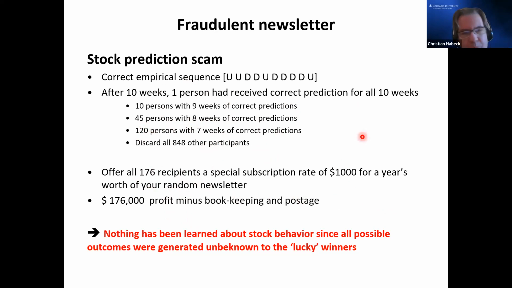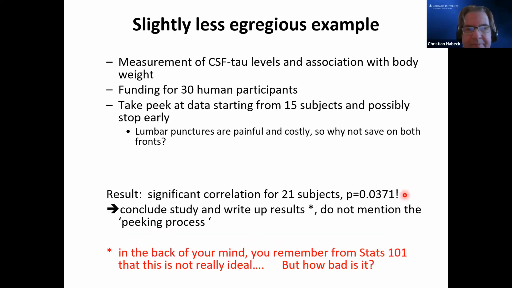So they were part, in a way, of a double dipping experiment, because I just brutally enumerated all possible stock behaviors, right? I had absolutely no knowledge about the stock behavior at all, right? I generated all possible results, and then afterwards just picked the ones that were correct in order to offer this, so lucky winners could sign up for this prediction, but I didn't predict anything. There was no knowledge at all, right? It's just dumb luck, right? So that's a form of double dipping.